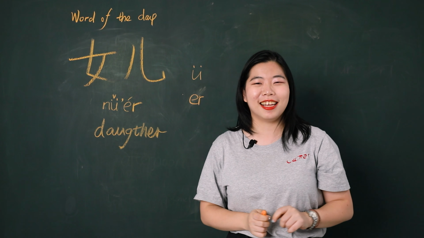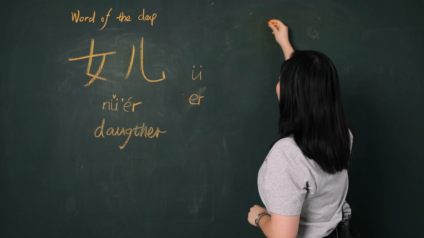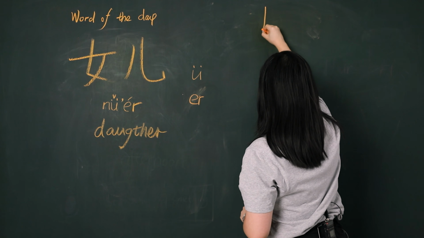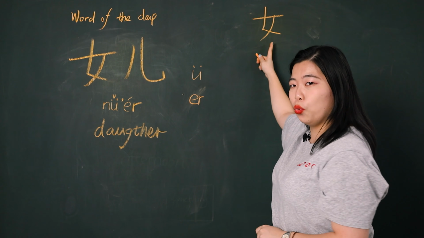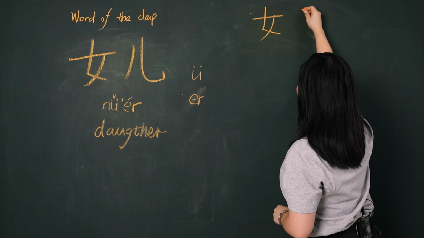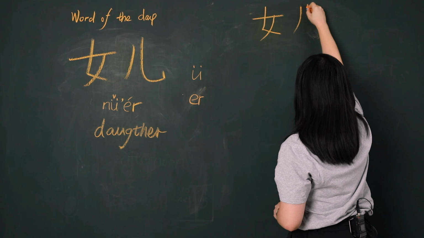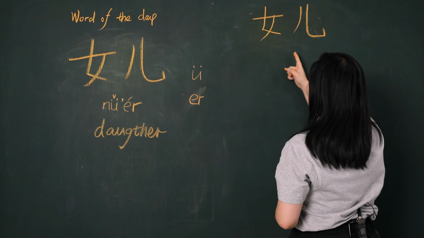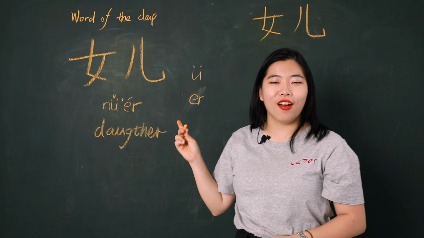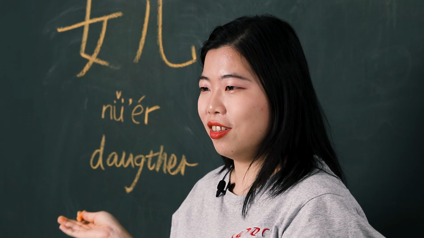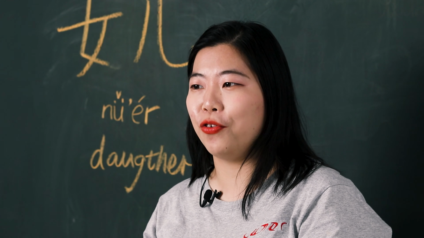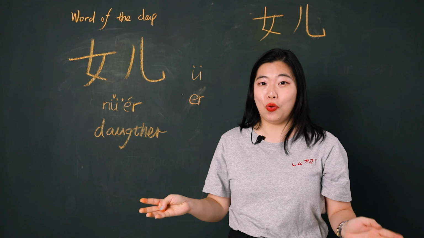Let's write it together. First, we write 女, 撇点撇横女 and 儿撇竖弯钩女儿. 女儿 means daughter, so we can say I love you daughter. 我爱你女儿